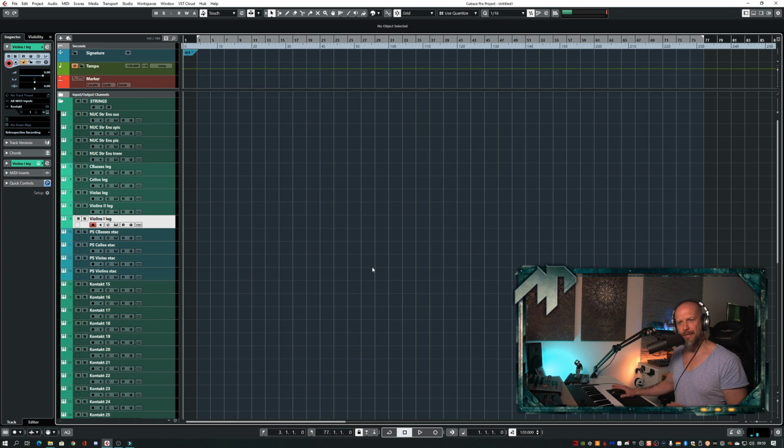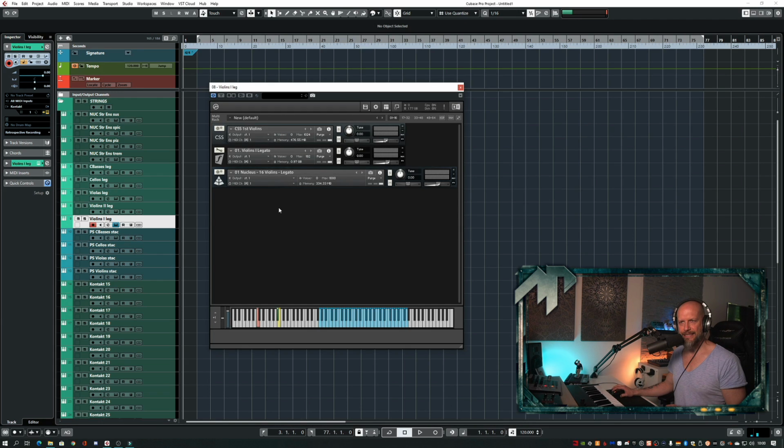So we're right now in my new template here, at least on the string section. For this example, I want to use the violins 1 legato patches here. I open up that Kontakt instance, and as you can see, there are 3 libraries hosted inside the same Kontakt instance. This is not about a multi-timbral setup. I just want to use the same MIDI channel so that I can just play a single line and trigger